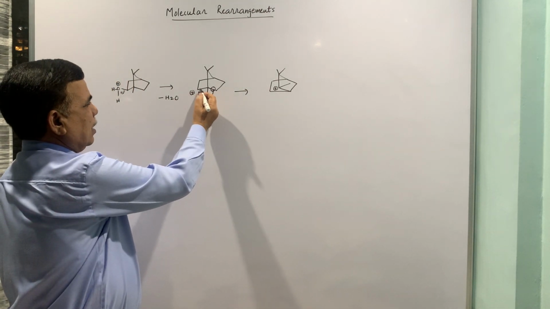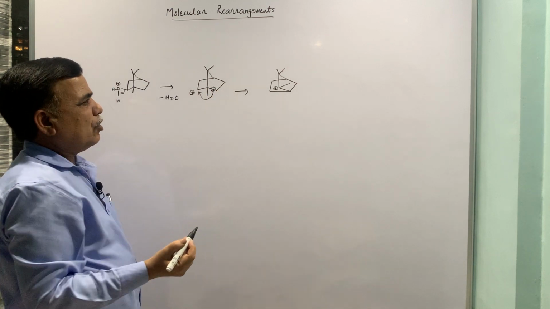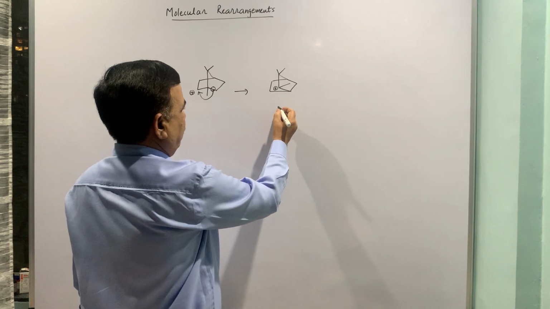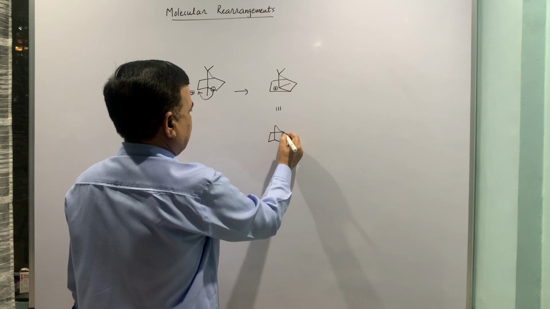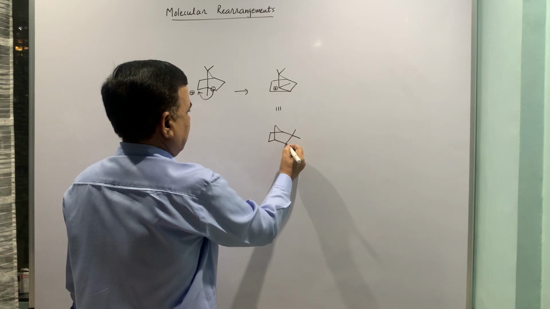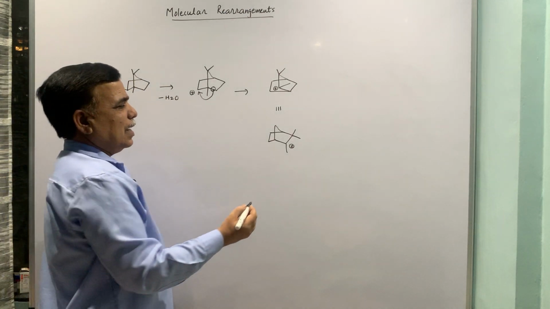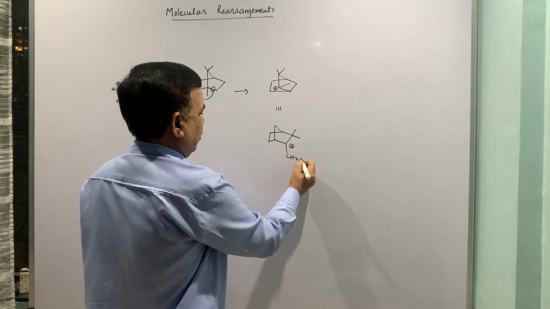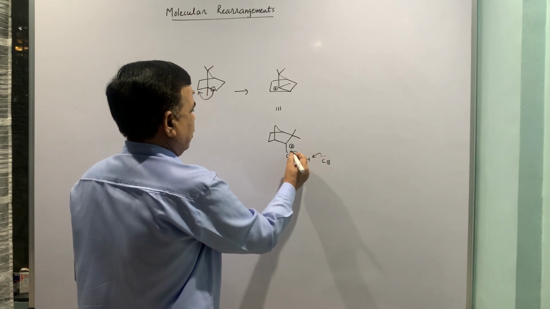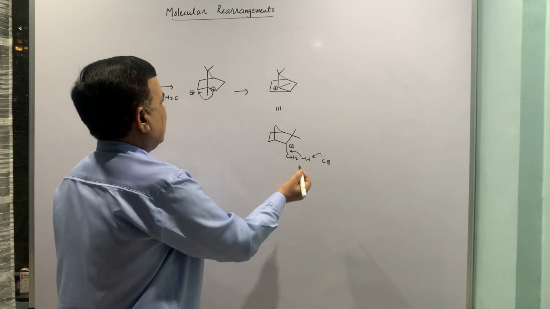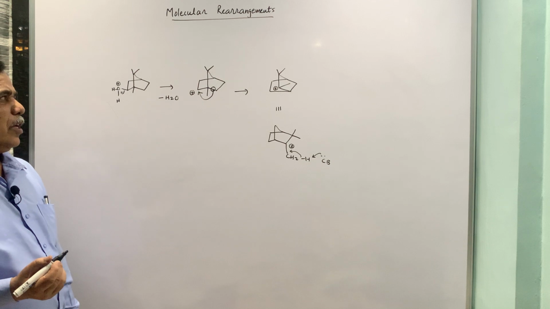This carbon and carbon forms a bond, and effectively this becomes electron deficient. Now we have already written the equivalent structure of this, so I am just putting this structure over here. And in the last step, what happens is the loss of proton to conjugate base, because once H plus is there, conjugate base has to be there. So this ultimately gives you the exocyclic double bond as a product.